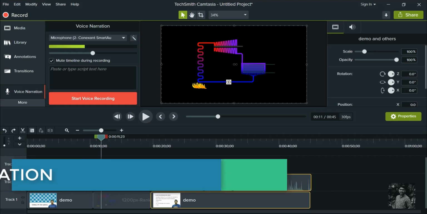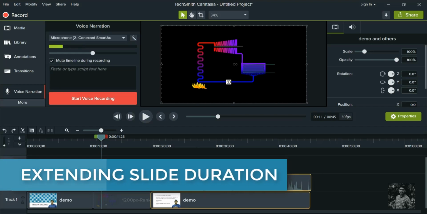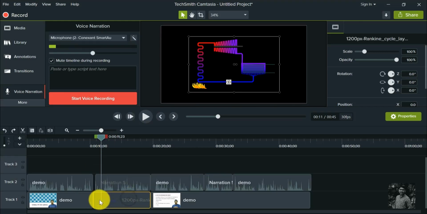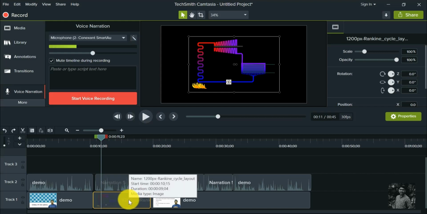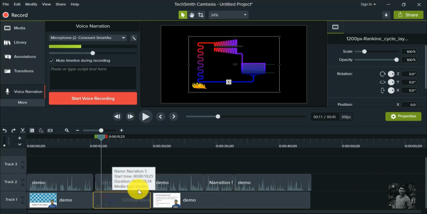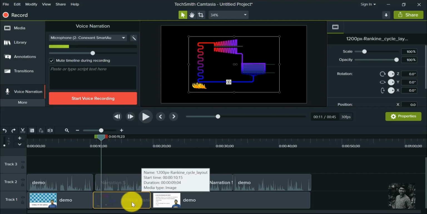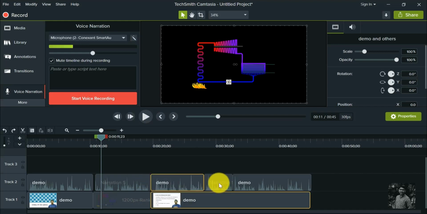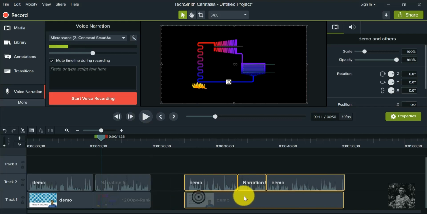And the last one is, if I want to extend the slide duration. This is useful in cases where my narration time is more than the required. Okay, for example, here you can see the diagram time is from 10 seconds to 20. That means it is approximately 10 seconds. But my narration is for 15 seconds. Let's assume, just an example. In that case, I need to extend this slide time by 5 seconds. But there is no space here to extend the time. In that case, I need to move the rear entities backwards.